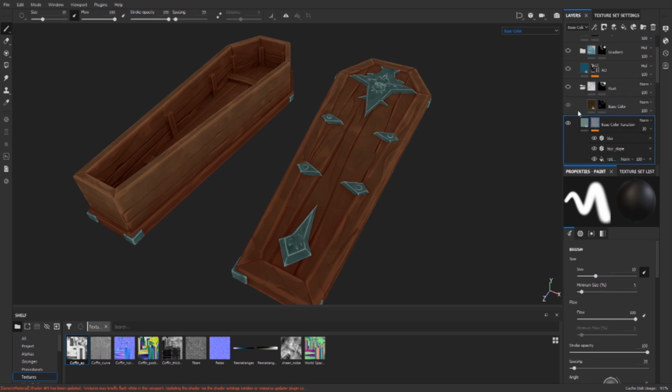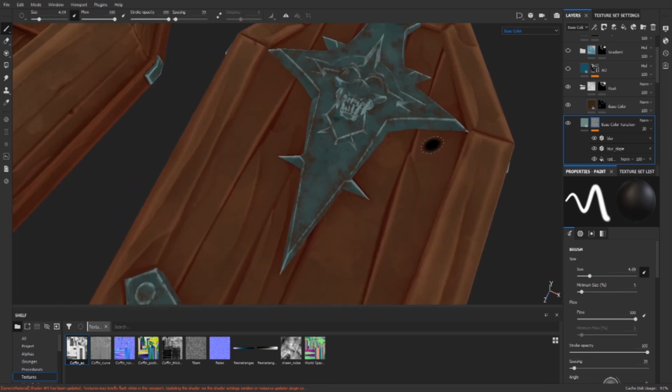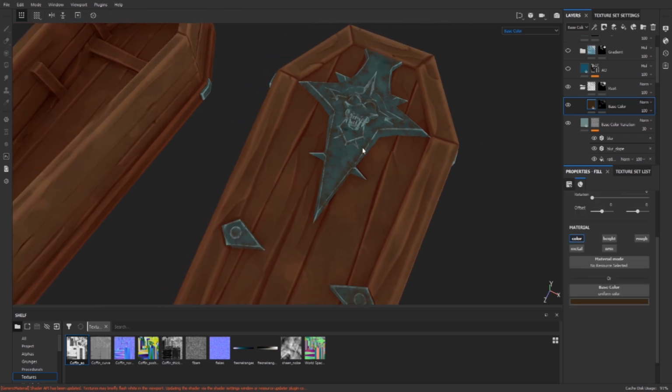Thanks to this folder with a mask, I can modify it and put more rust on the metal and not influence the wood. So I think this technique is very nice, because you can